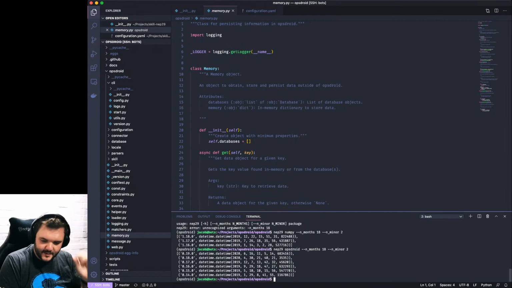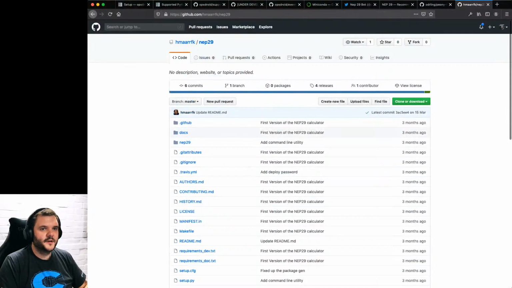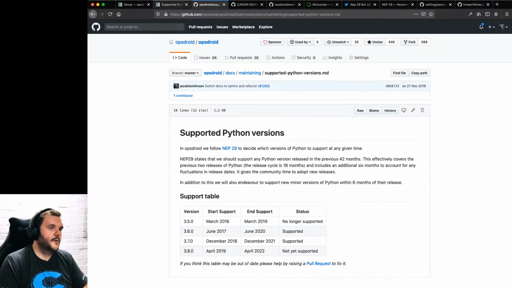I don't think they got to where they were trying to go with this, to be honest. What I want to do is think about Python versions and count down with a little timer how long the current base Python version has. That's what I want to do. So maybe I should hard code these things. Maybe I should go back to my support table that I was playing with before.